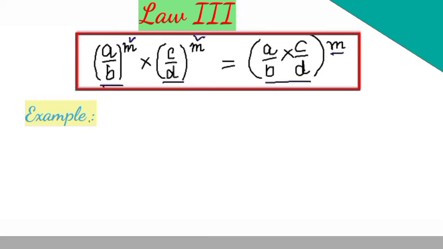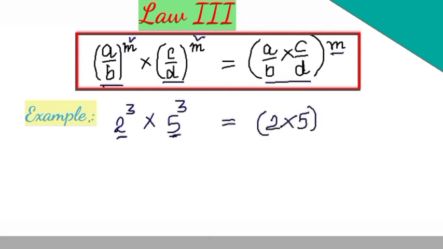Let us understand with an example. Suppose we have 2, a base, and its power is 3. Now we have different base which is 5 and its power is same. Okay, in this case bases are different and powers are same. So we will multiply the bases, which is 2 multiply 5, and power will remain same, right? So it will be equals to 5 2s are 10 raised to the power 3. Clear?